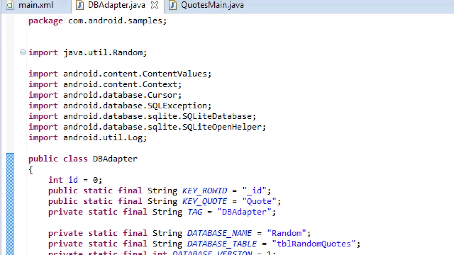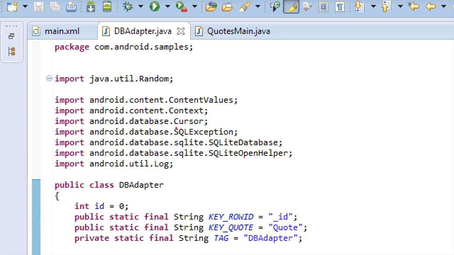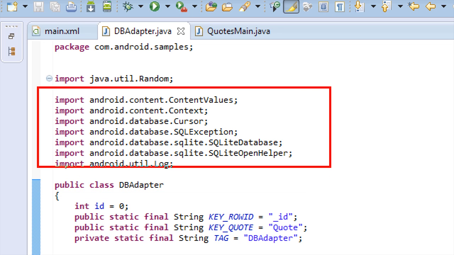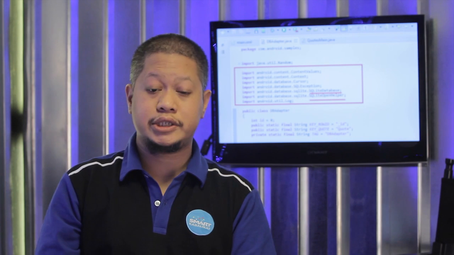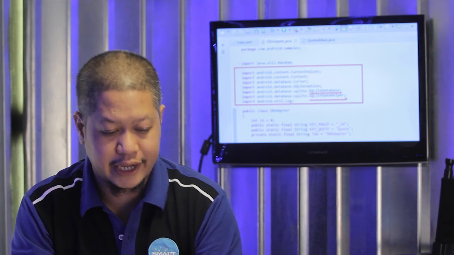And just to show you where that gets recognized, you'll notice in the import statements that I'm importing the SQLite database, which is the database itself, and SQLite Open Helper, which is the class that allows us to manipulate the SQLite database.